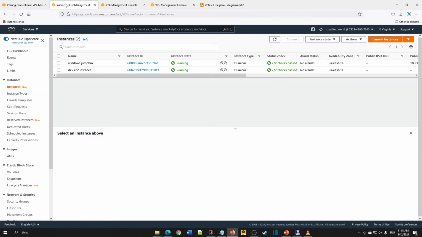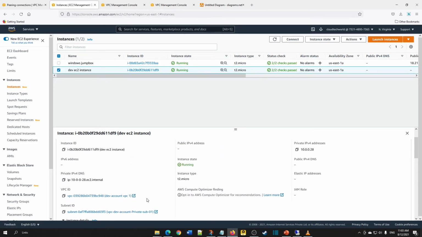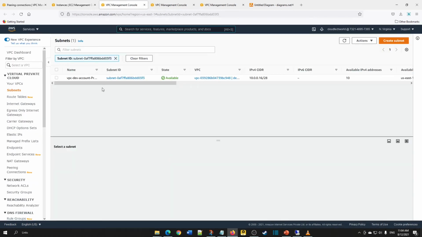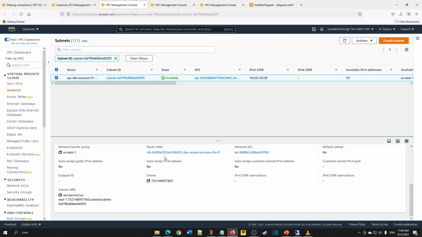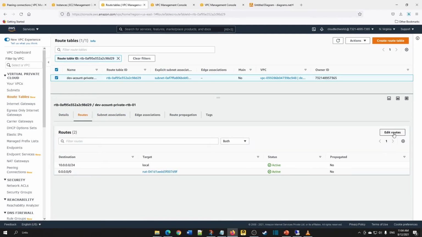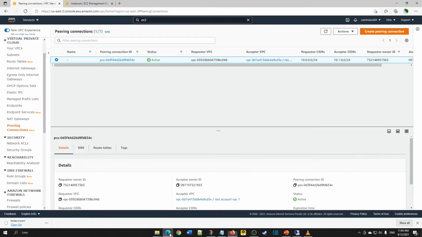Now if you want to do routing, go to subnet, click on route table, choose the routes. Now we need to give the VPC CIDR range of the other account. If you don't know, you can come to the VPC section.